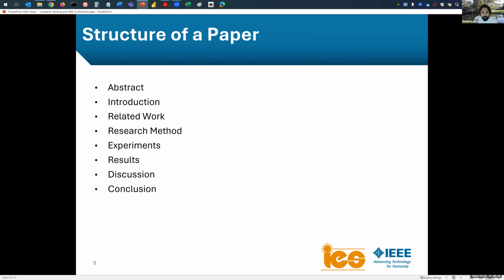Usually you keep it to a minimum of about 1 page, because anything more means that you don't have too much contributions to talk about, and you're talking about other people's work. That is not helpful. And then a bulk of the paper should be focusing on research methods, experiments, and results. So this is fairly self-explanatory. So research method is the structure of your AI model, or the approach that you followed to create the new algorithm or create the new model, and then leading up to the experiments. So you describe the data sets, you describe the experimental setting, you describe the computers that you use to run the experiments, and then you talk about the results.